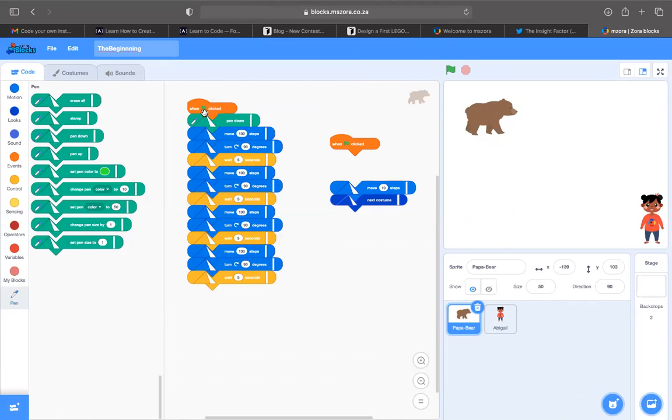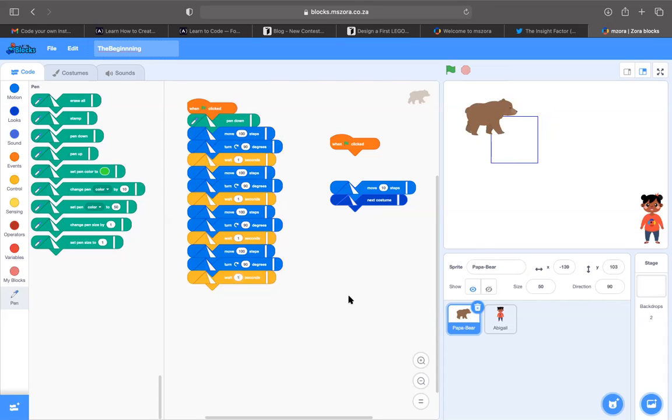And you can then select pen down and put it right at the top of your code. Now, if we click on our flag, which has become slower, all right, it has drawn a square for us.